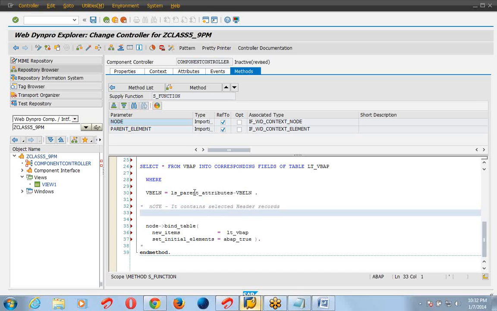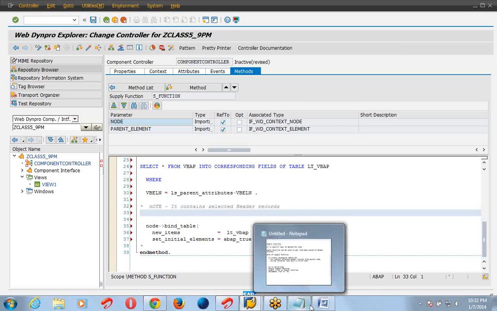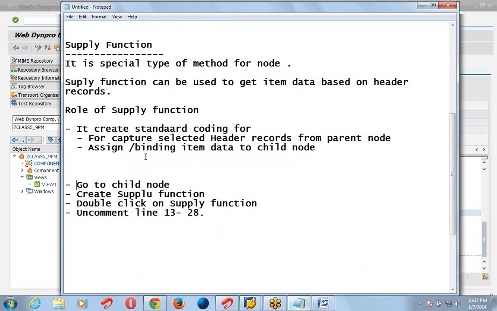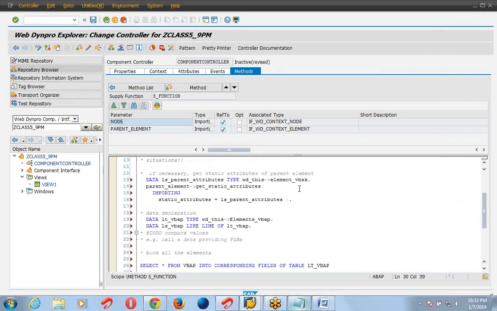Because I told you code will be generated to capture the selected header record at the parent node.